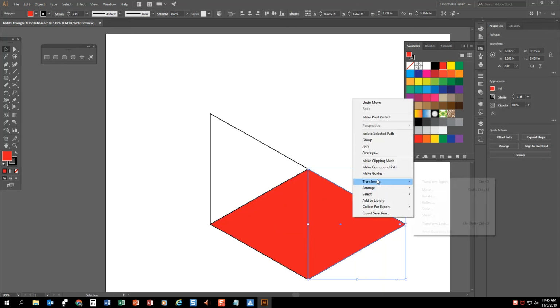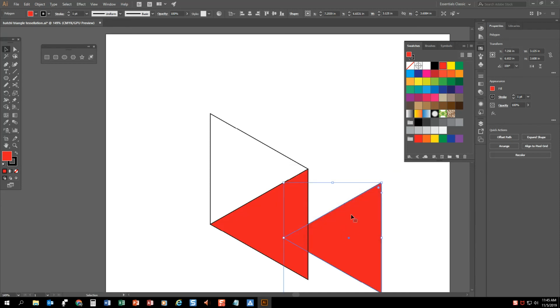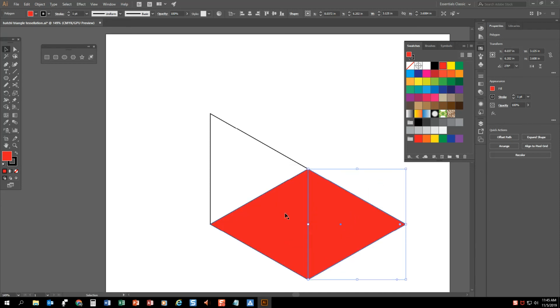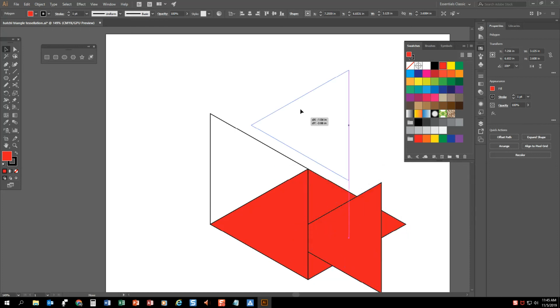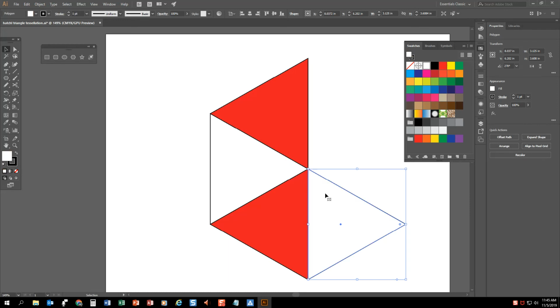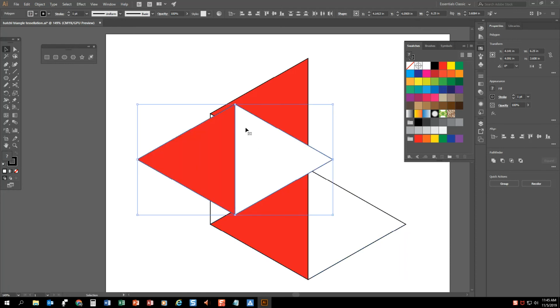Okay, I'll take this one, transform, rotate, another 60-degree, whoops, I didn't hit copy. Oh well. Transform, rotate, copy. Okay. You can see the pattern is starting to build. Press D to give that the default black and white. And then to give you a visualization of how this tessellates together in tiles, I press Control C, Control V, and then I rotate it